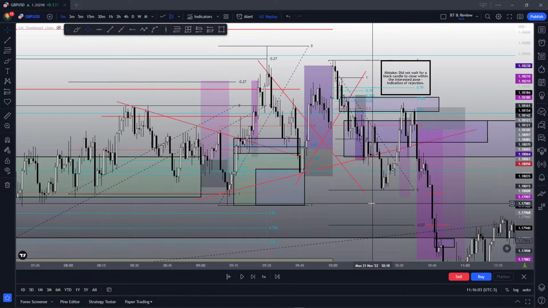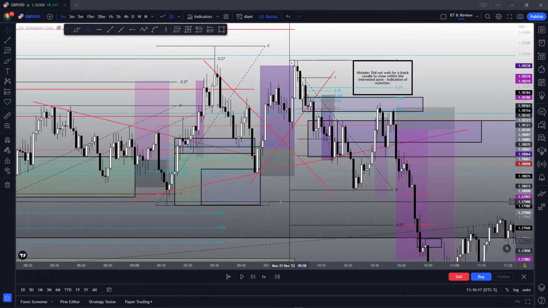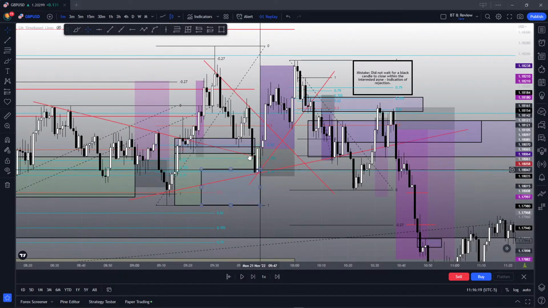And I always set it to 1 to 3. That's my default. I never take 1 to 2 or 1 to 2.5. It always needs to be 1 to 3. It needs to be at a reasonable level, a key level where I can take my trade, or a reasonable stop loss like this trade right here. I will see this price come down and wait for confirmation.